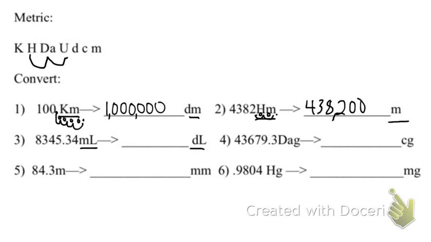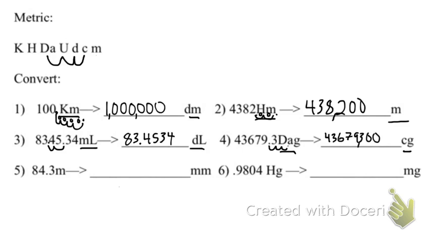So going from milli to deci. Milli to deci is 2 jumps to the left. So I'll jump the decimal 2 places to the left, and it turns out to be 83.4534. Deca to centi represents 1, 2, 3 jumps. So I jump the decimal 3 times, add zeros for placeholders, and 4, 3, 6, 7, 9, 3, 0, 0,